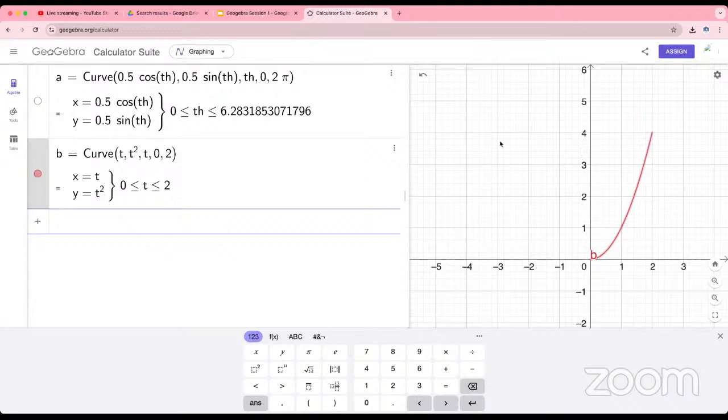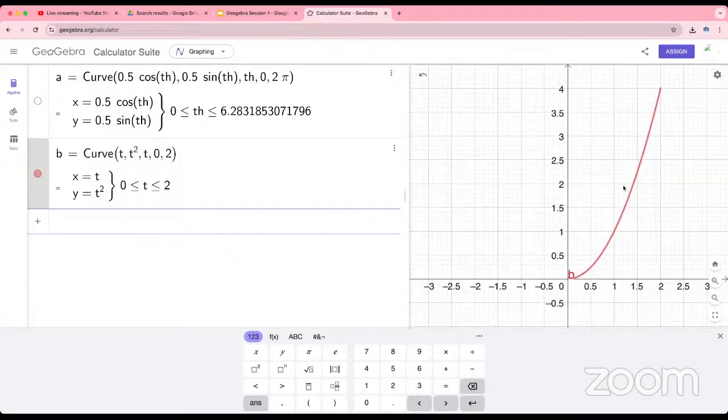What should I change in this command so that this red one gets its mirror image on this side of the y-axis too? What should I change in this particular command? Are you able to see? Instead of 0, you have to take -2. Instead of 0, -2 you have to take. Right. So this will make sure that t's value starts from